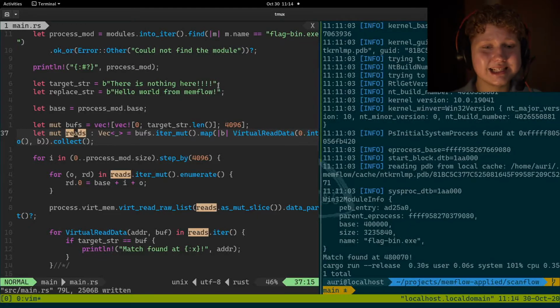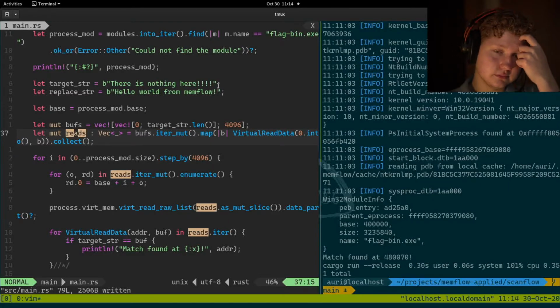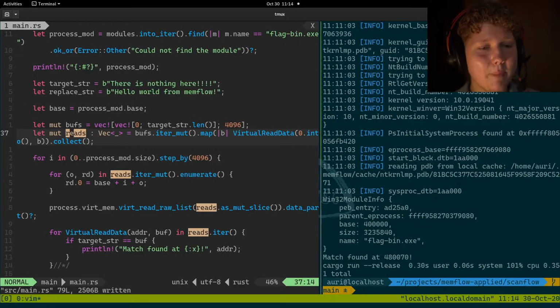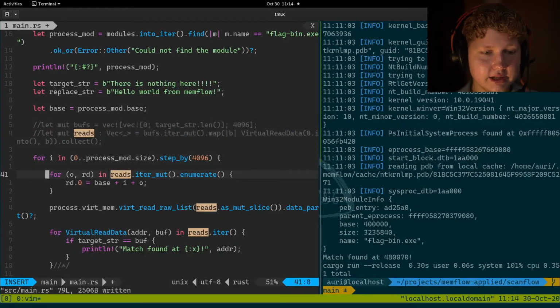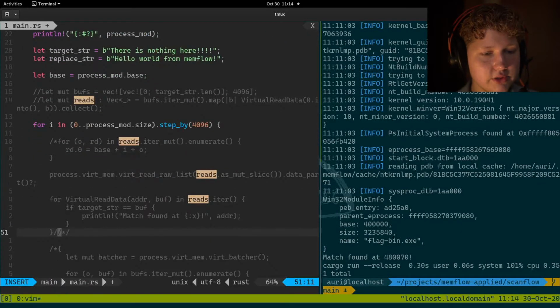And how do we do it? Well, what if we just issued one single read call for the whole page and then went through that page and just got our performance back again? So what we do is we totally comment this part out. We're not going to use it. What we are going to do is